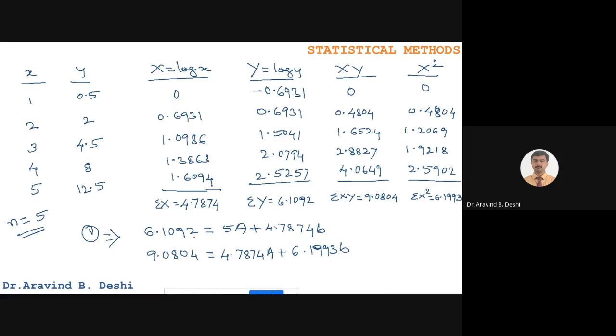Here we have two equations, two unknowns. Using calculator we get